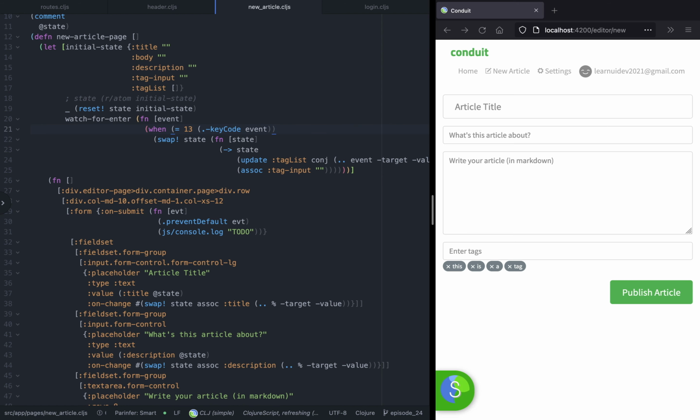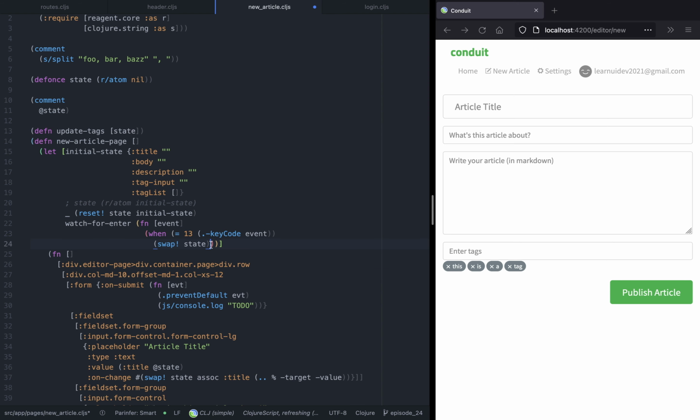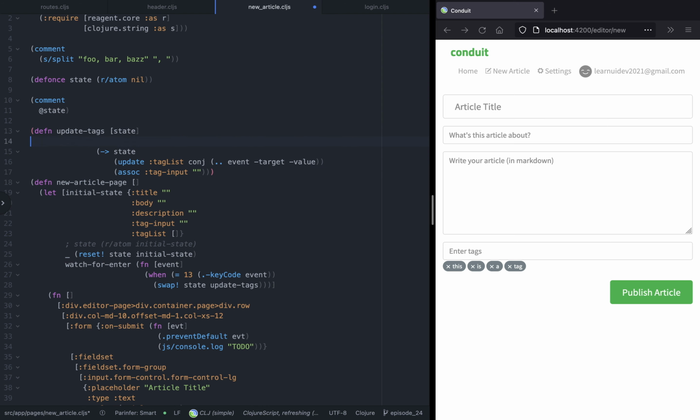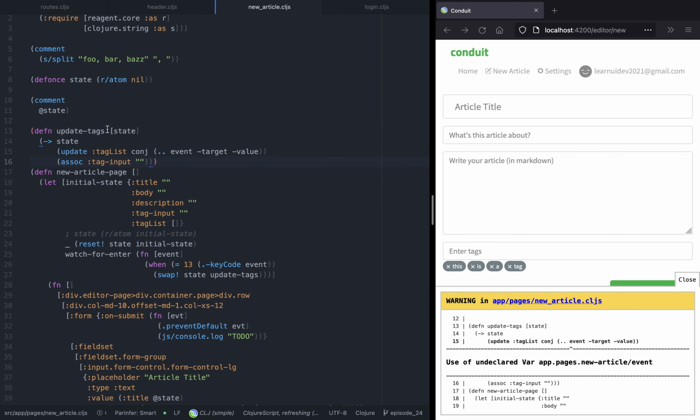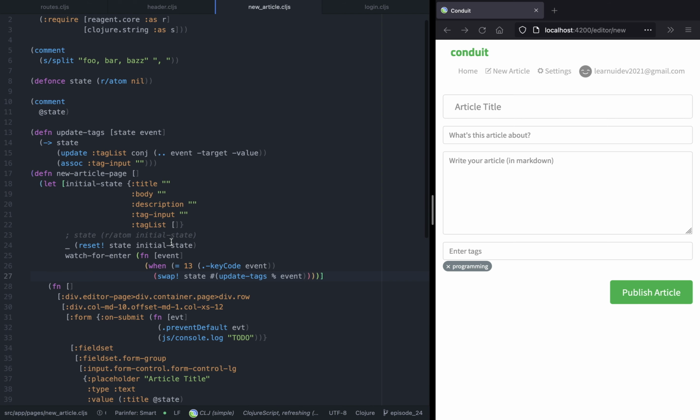So in order to do that, actually let's refactor the function in line number 24. So let's copy all of them and let's remove it, and we'll call it update state. We also need to pass the event as the second argument. And also update line number 27 to pass the state as well as the event. So that should work. Okay. So now that we have this working, now let's work on